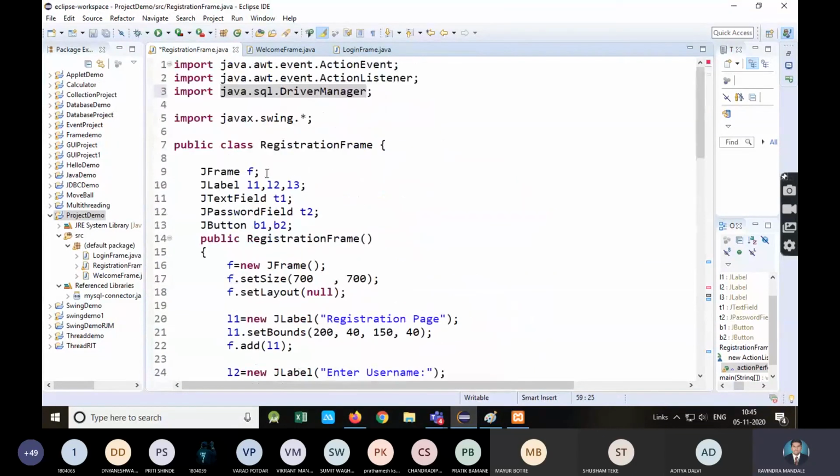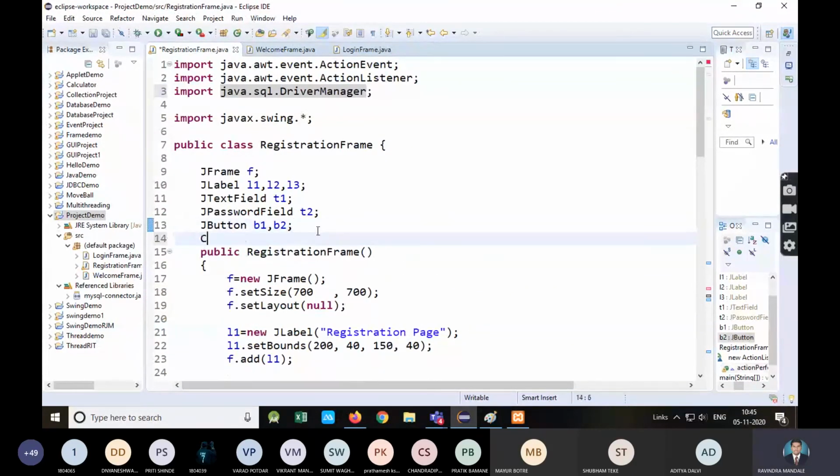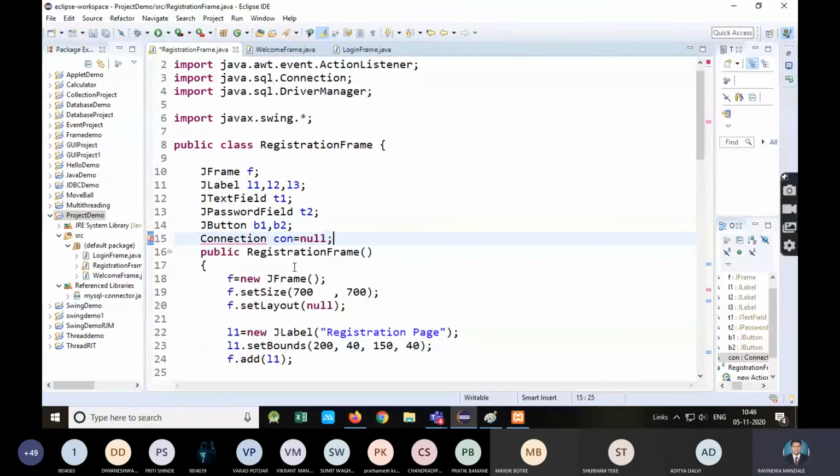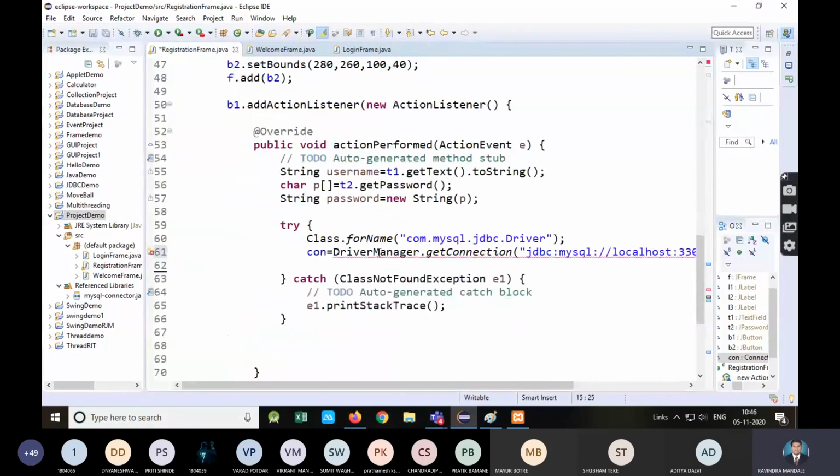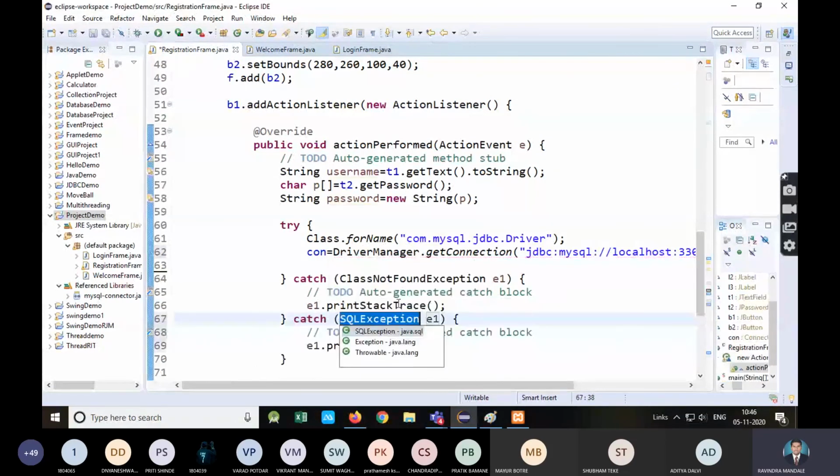So you should declare a connection object. Initially, I am just initializing it with null. Import that Connection interface. This is also risky code, so I will not create one more nested try. I will simply add one more catch block.